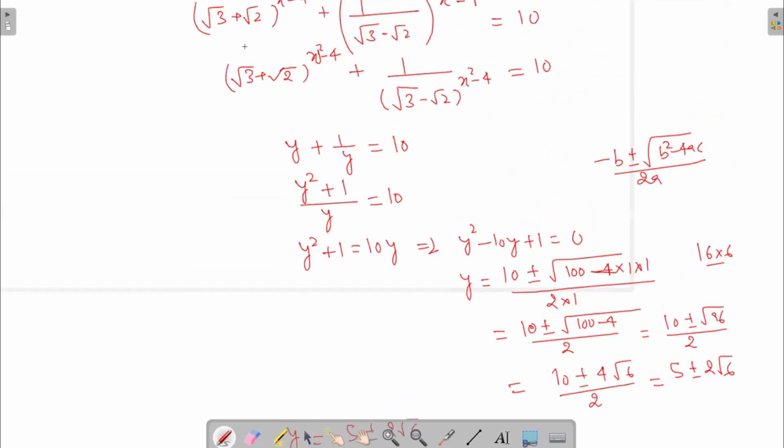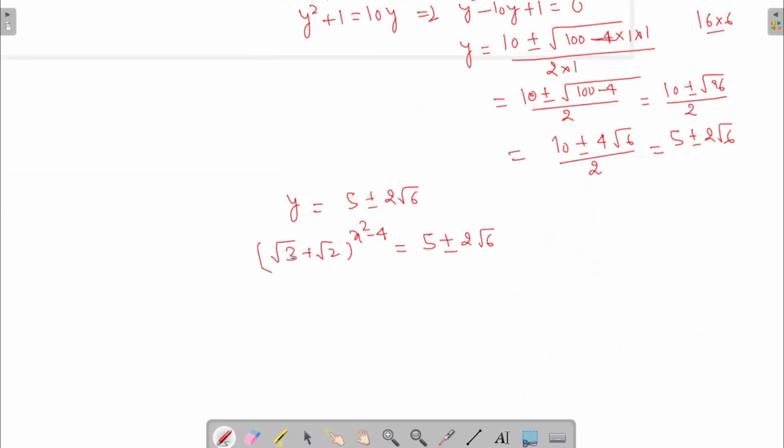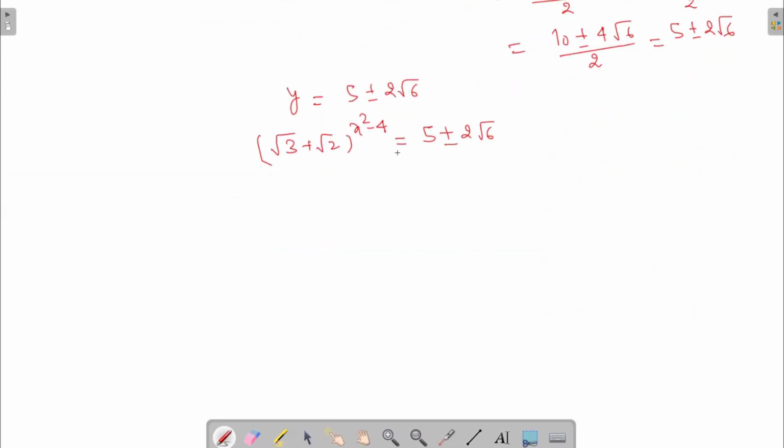this expression root 3 plus root 2 raised to the power this, right? Root 3 plus root 2 raised to the power x square minus 4. And this has turned out to be either 5 plus 2 root 6 or 5 minus 2 root 6. Now look at this expression closely, and this is what we have to observe here,